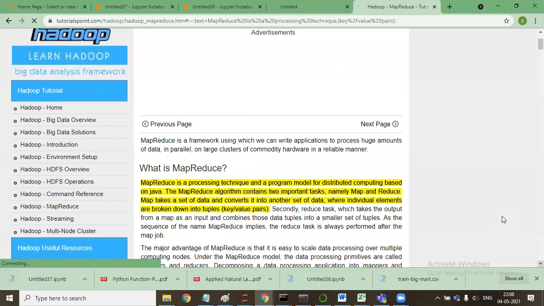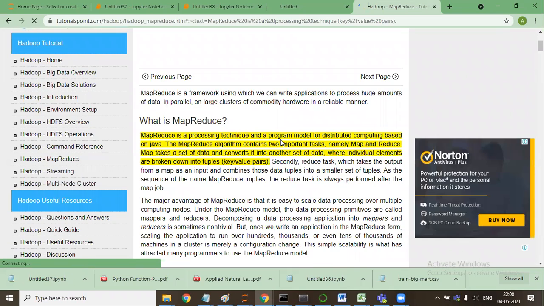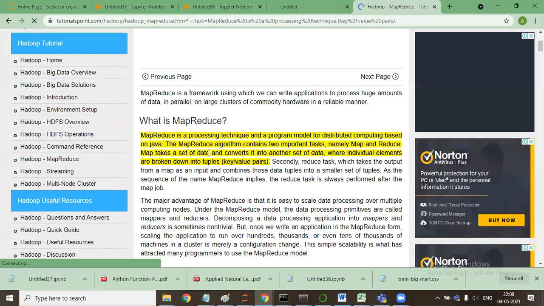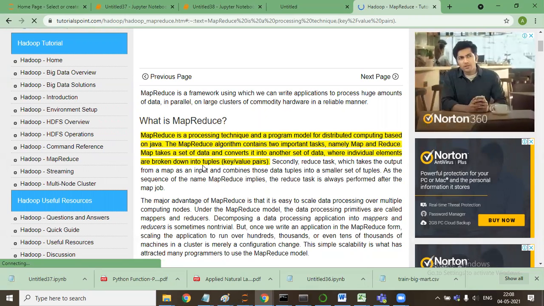MapReduce is a processing technique and a program model for distributed computing based on Java. This MapReduce algorithm contains two components, namely map and reduce. Map takes a set of data and converts it into another set of data where individual elements are broken into tuples.